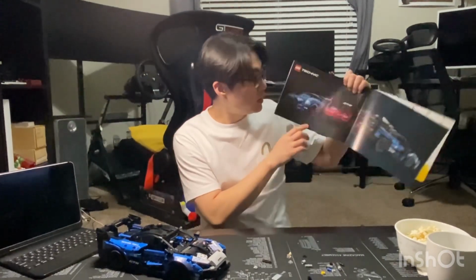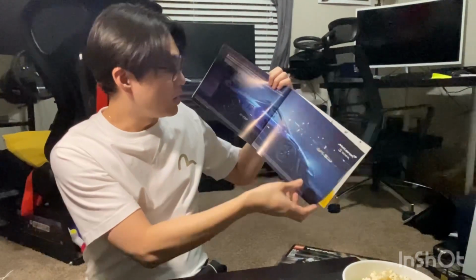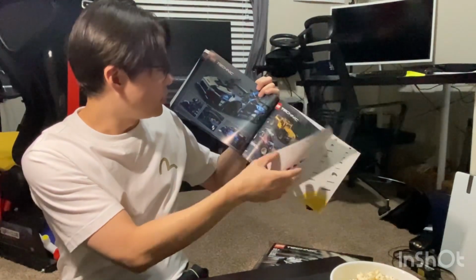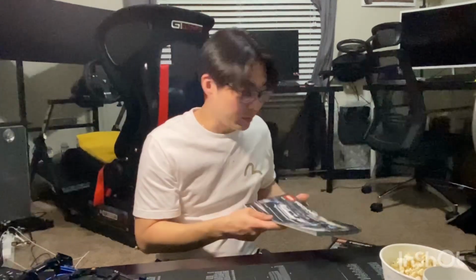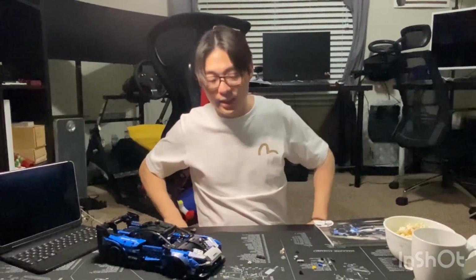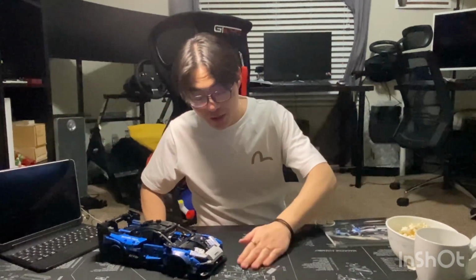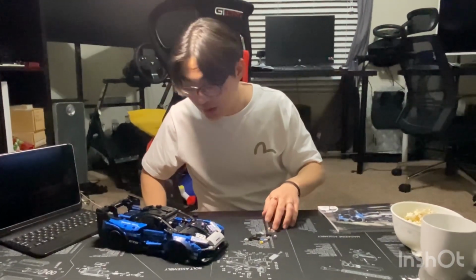But this is the actual pictures of the McLaren Senna completed that they have provided, and of course Lego catalog on here. But yeah, so again, I'm sure nobody's gonna sit and watch the whole video that I did in slow-mo, so I am gonna speed up the video for the actual process of me putting this together. But if anybody does actually watch the whole thing, like second by second, I follow the instructions to a T,